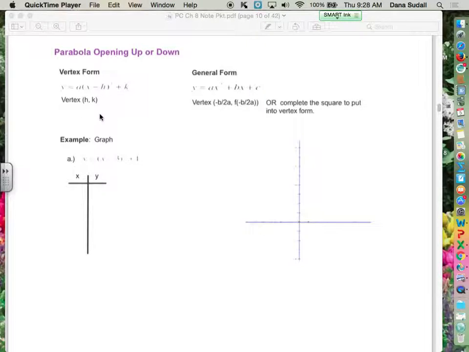So vertex form, which is really nice because by looking at the equation there, you can tell what the vertex is. You can tell which direction the parabola is going to open, and get a sense of what the graph's going to look like. So for this one here, we have y equals x minus 3 squared plus 1. So if we look at that graph there